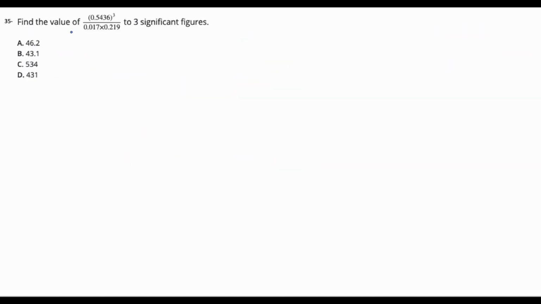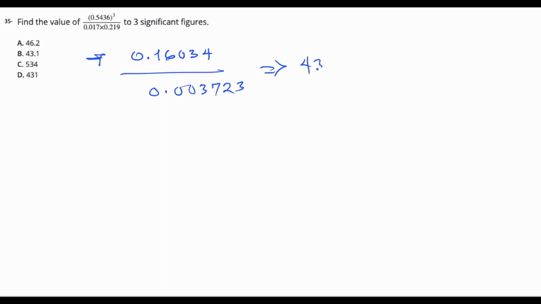Question 35 says we should find the value of this expression to 3 significant figures. So if we find 0.5436 cubed, that's going to result in 0.16034. And if we multiply the denominator here, that's 0.017 multiplied by 0.219, we would have 0.003723. And this will be equal to 43.146. So 3 significant figures would have 1, 2, 3. So we have to stop after the 1. And then this is not up to 5, so we cannot round up. So our final answer is 43.1,